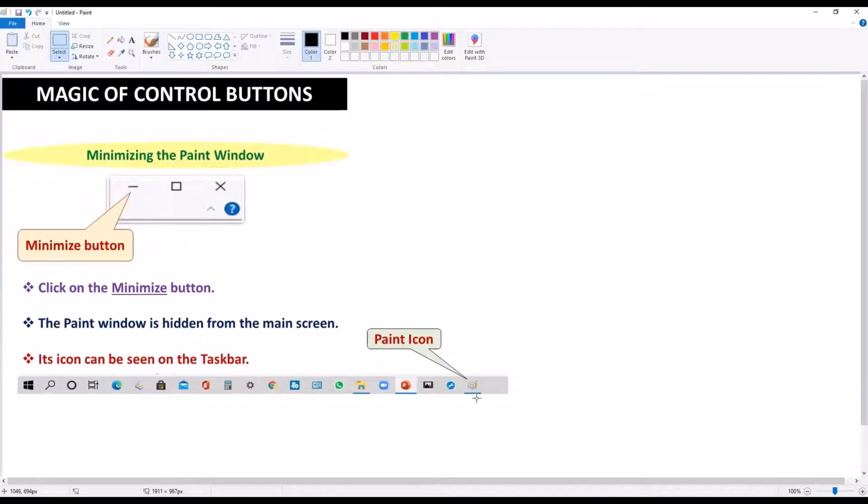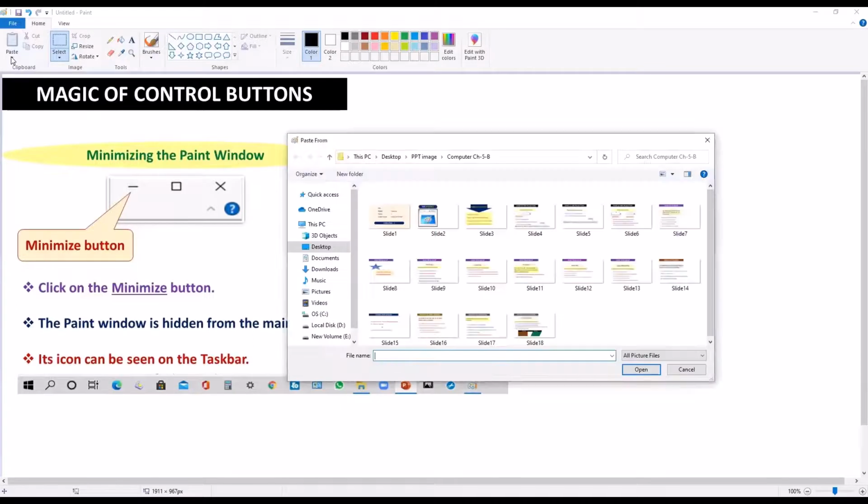It will be highlighted, children. The window which we have minimized, that window icon is highlighted on the taskbar. I hope, children, you have understood the usage of taskbar. Now we will study the next button. Which one, children? Can you tell me?